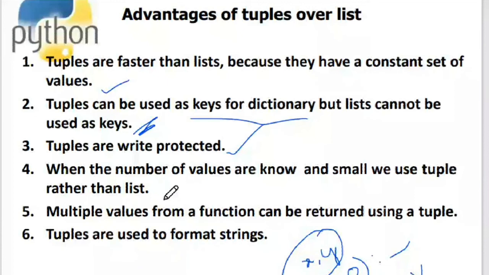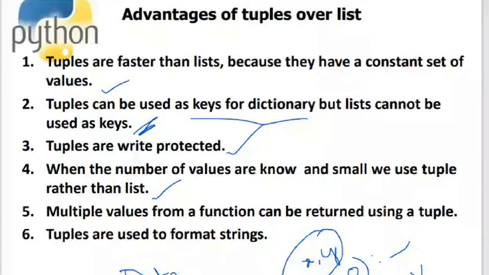So for example, I have data, and the data is heterogeneous. What does heterogeneous mean? Heterogeneous means that it has different kinds of data in it. It has integers, floats, strings, all kinds of data. When the data is in heterogeneous format, it is better you take a tuple. The choice should be tuple.